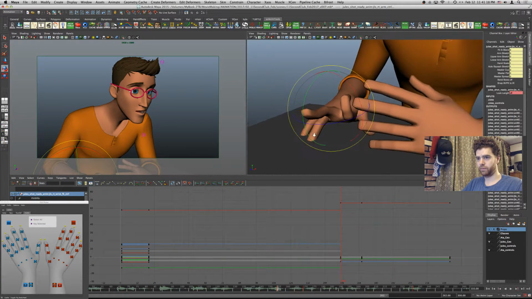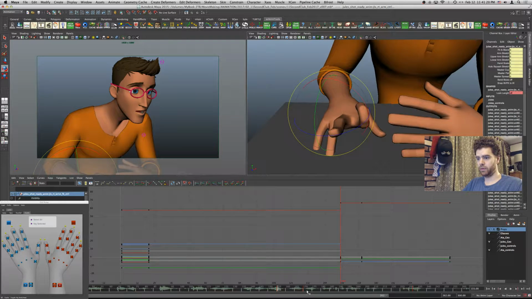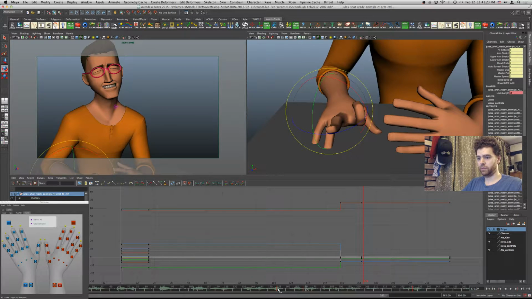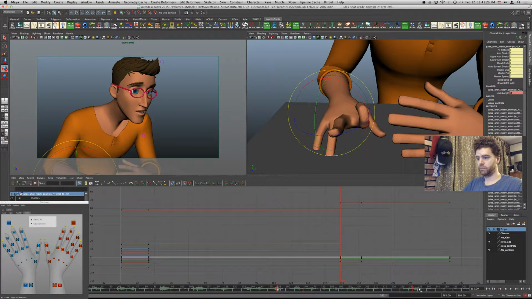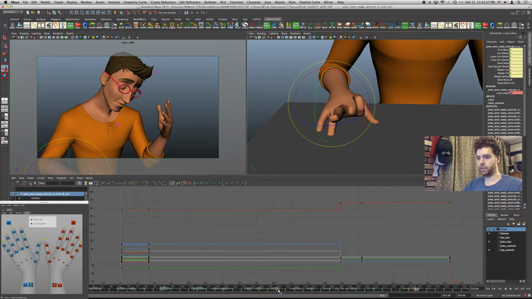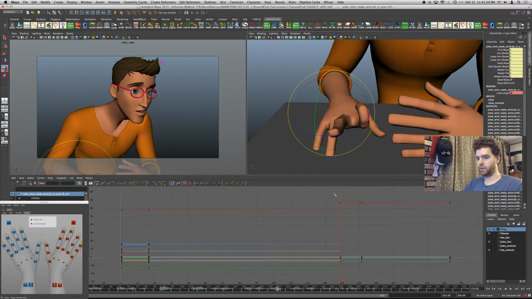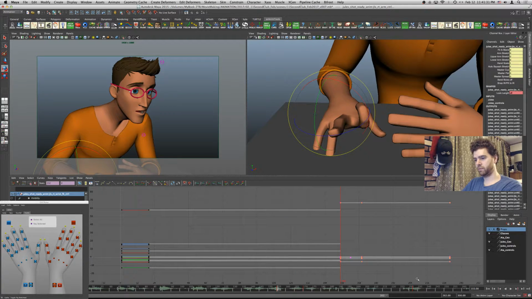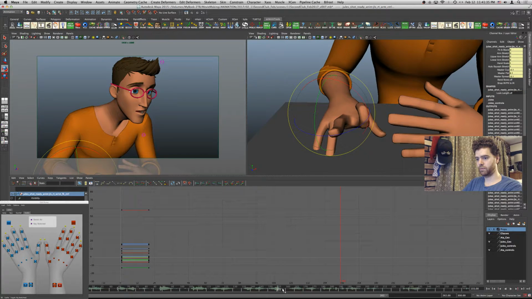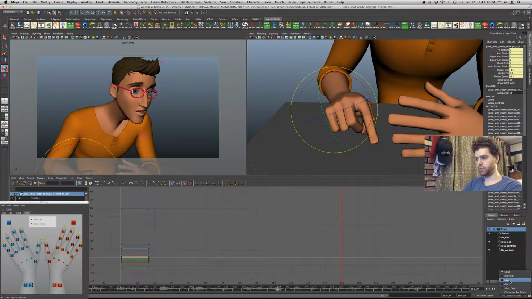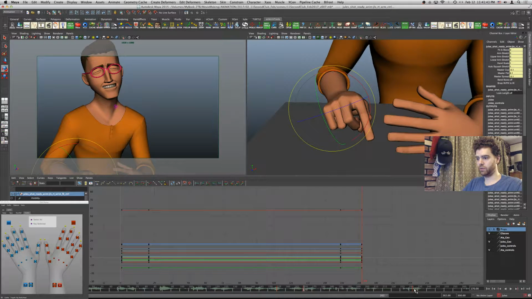Yeah, so it's going to go nuts again here, and all the way to the shot. So it's actually not too bad of a fix. I'll turn my Jules character set back on, which will show me the keyframes throughout the rest of the shot. And I'm going to key those.